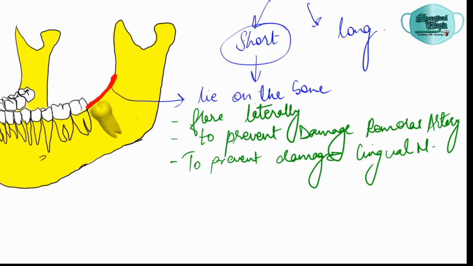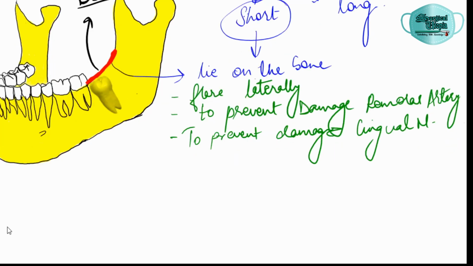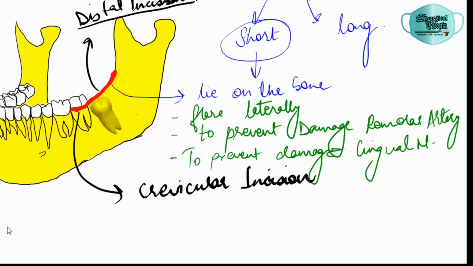Right. Now after we have given the distal incision, we will keep the scalpel or the blade on this point only and we will give a clavicular incision. So first let's mark this. This is our distal incision. Now we will give the clavicular incision. This incision will start from the distal part of the second molar and it will be moved in an anterior direction till the free margin of the second molar. So this over here is a clavicular incision. So you can see it all together.